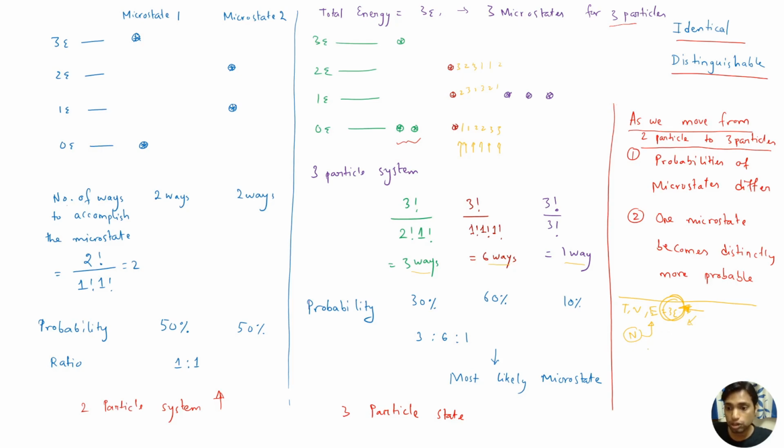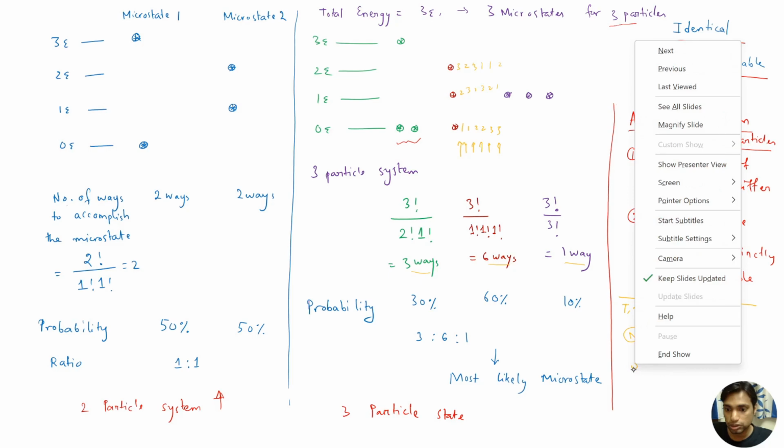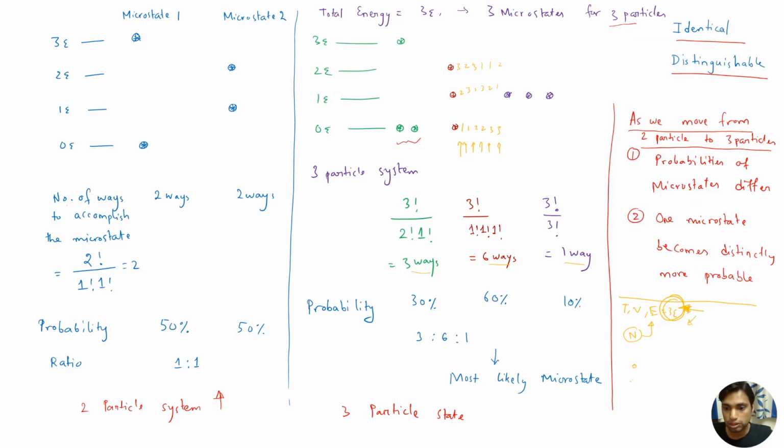What does the system consist of? The system consists of atoms. Let's say this is atom 1, atom 2, atom 3, atom 4. These atoms will have certain energy levels: 3e, 2e, 1e, 0e. This is the energy level corresponding to this atom. This will also have its own energy level: 3e, 2e, 1e, and 0e. Each will carry its own energy level. So this is particle 1, particle 2, particle 3, particle 4.